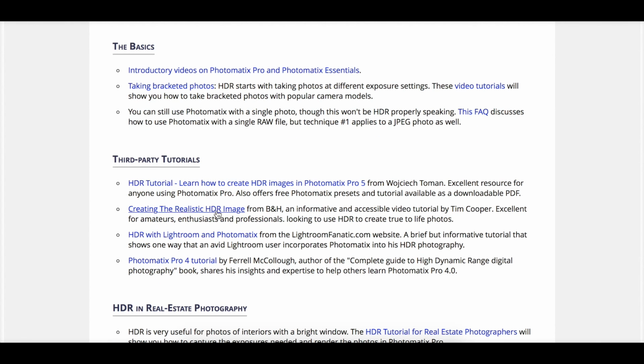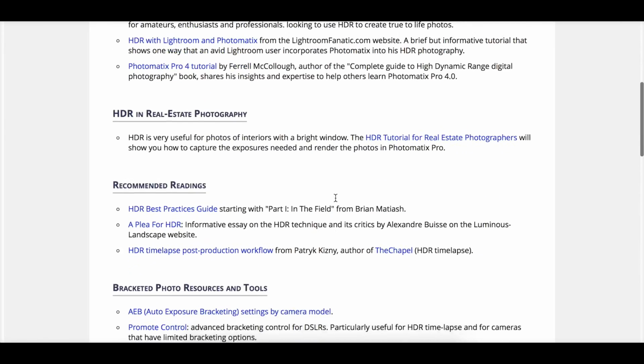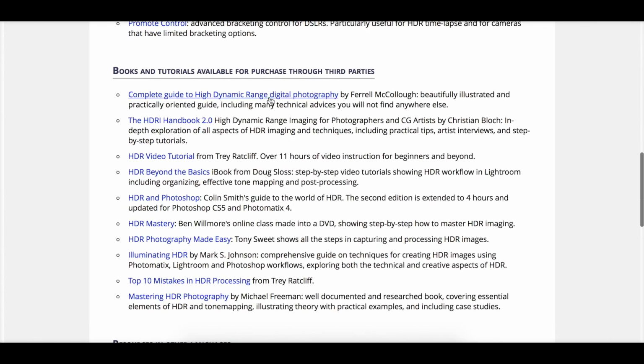This is the video I watched. It's about an hour 15 minutes, and it's about creating HDR images but using a realistic look. So it doesn't look all grungy or surreal. It looks natural, and that is where I learned that you're best off using the fusion mode, not the tone mapping mode. So that one there at least is worth watching, and there's some others, including links to some popular